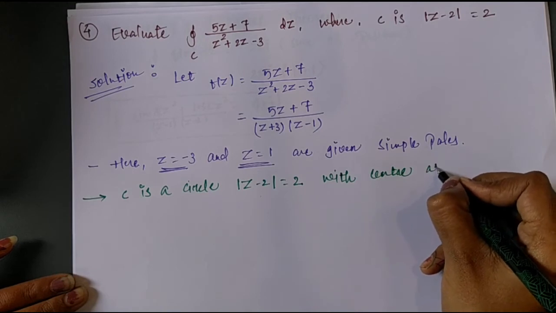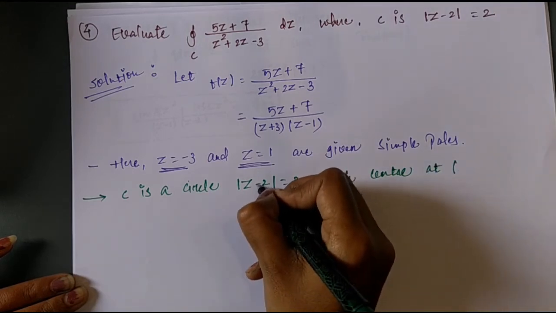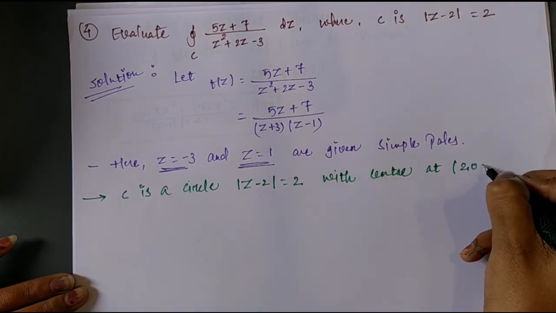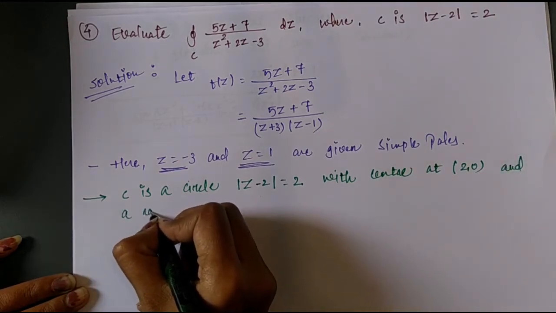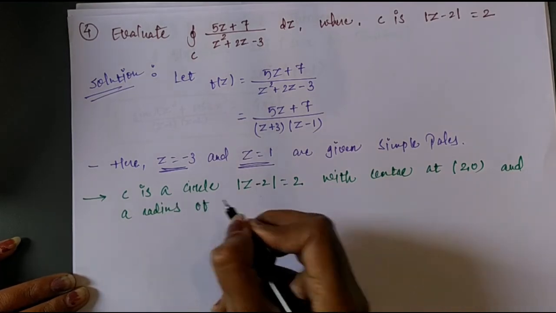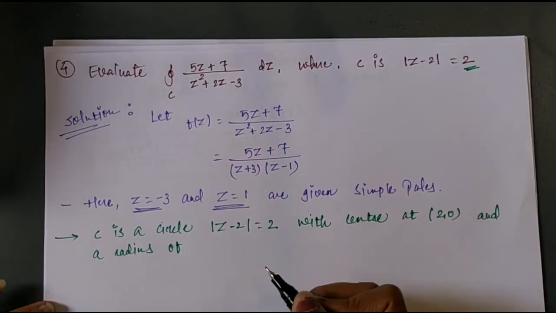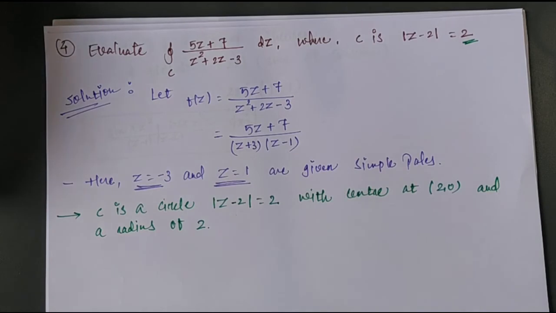center. Okay, I hope guys now you will know the center from this |z minus 2|, and it will be (2, 0), and the radius. Which one is the radius? Here it's given as 2, right? So with radius 2, and now